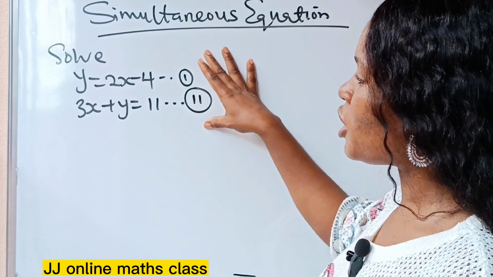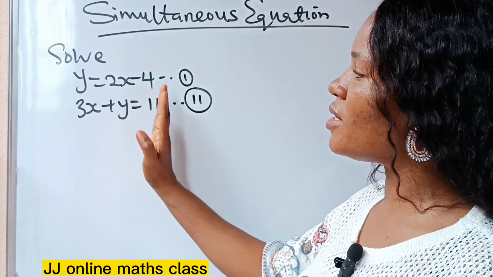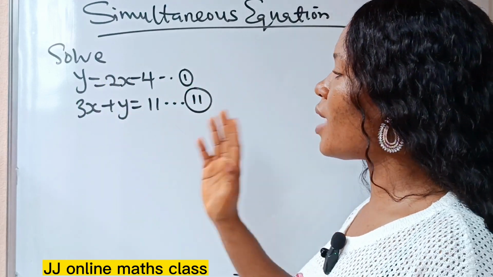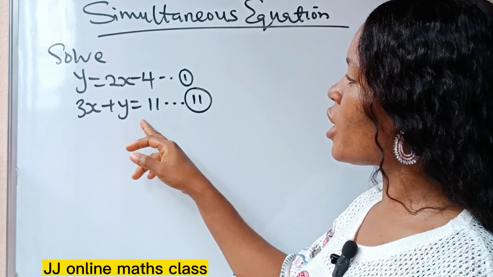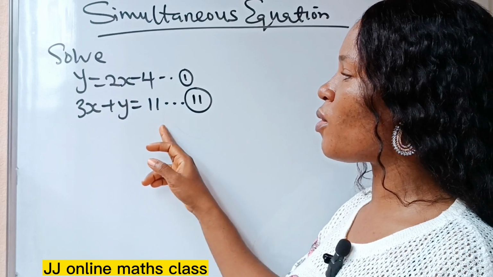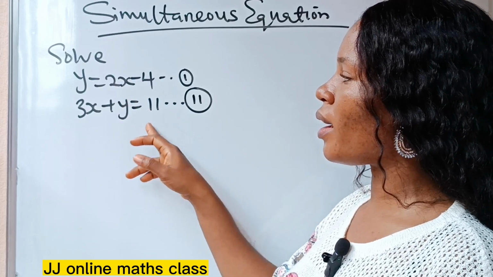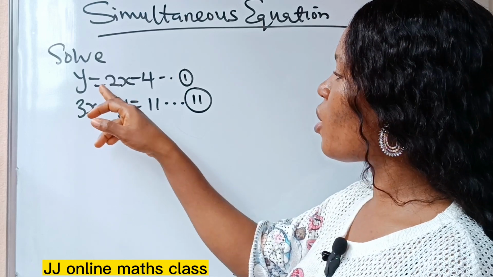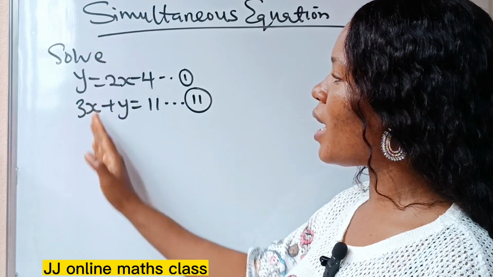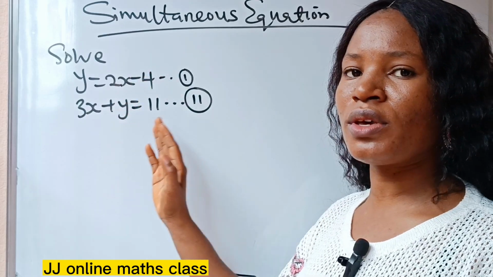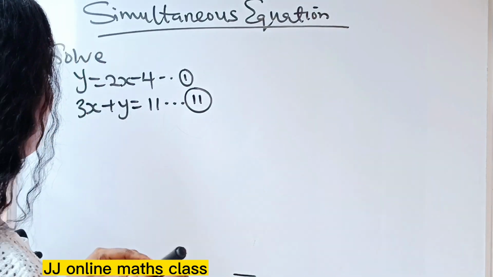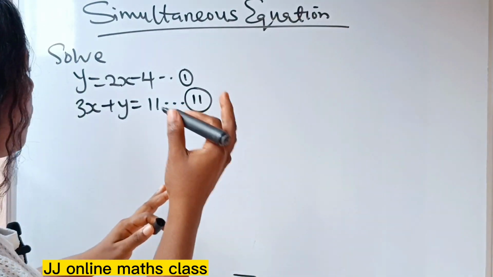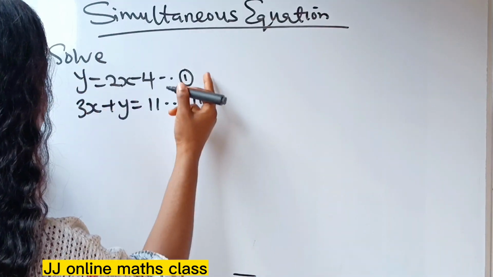For the elimination method, you need to arrange the equations in the same form. That is, this is 3x plus y equal to 11. Also try to make the first one to be in this form. That is, your number should be after the equals sign, your y and y should be on the same line, while your x and x should also be on the same line. Now, if we do that, we need to rearrange our first